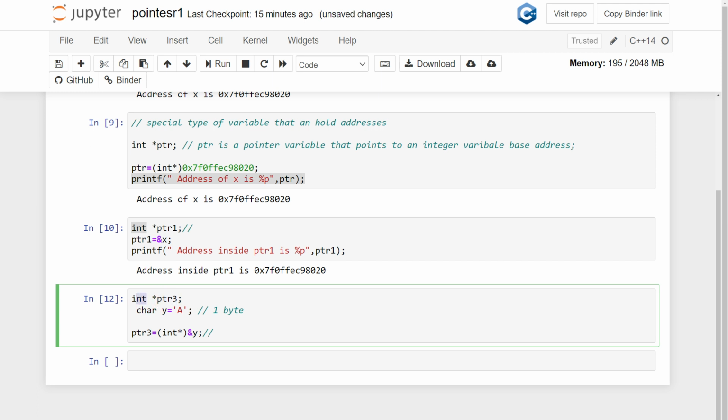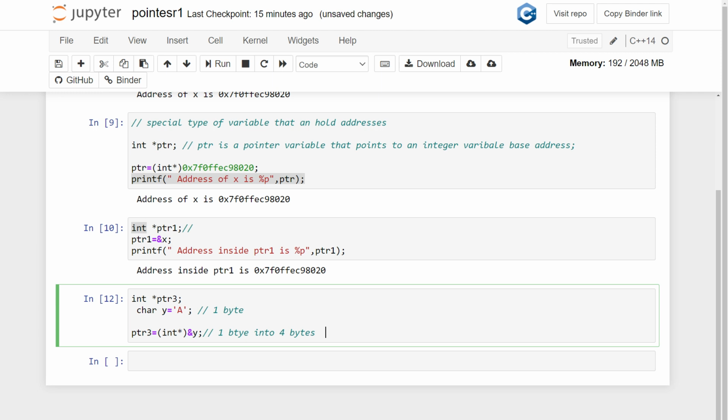So definitely this conversion is going to convert 1 byte into 4 bytes, because normally in all the compilers the size of an integer is 4 bytes, right? So this is the conversion of 1 byte into 4 bytes. This is the type of expansion.